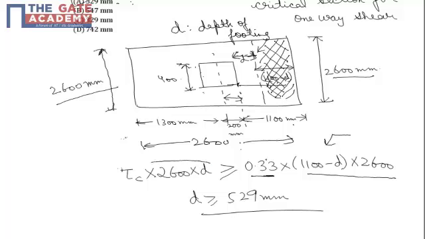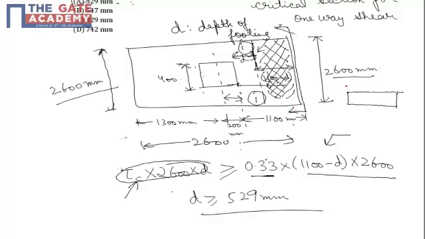less than the resistance offered by concrete, and the resistance offered by concrete is tau c, the shear resistance of concrete, multiplied by 2600 into D, because we have to take the cross section at section 1, so it will look something like this. If I am looking at it from here, I am taking a cross section like this along 1, so it will have a width of 2600 and a depth of D, which is the depth of the footing. So this is section